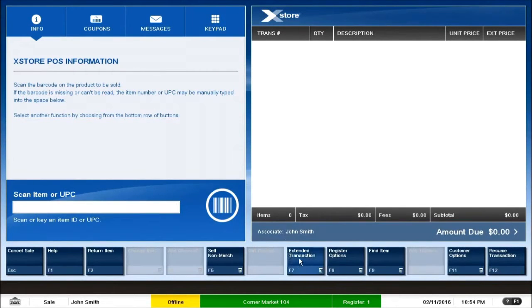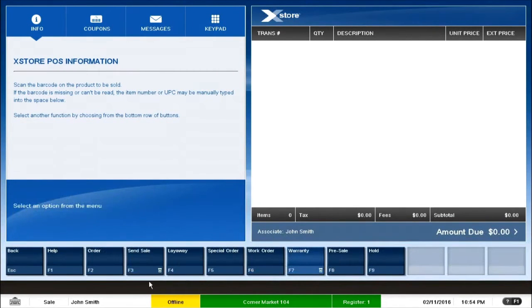As I had mentioned earlier, in the extended transactions button, we have a list of different transactions that we can do. We have seen the same sale, and there are many more. But the one very specific that we are referring to right now is the orders. So the F2 button that you see here at the bottom is the order button, which helps us integrate with the order management system of Oracle, or in fact any order management system that the retailer has.